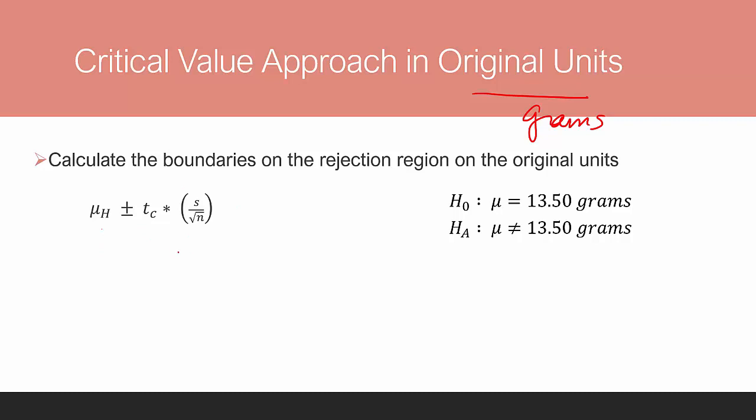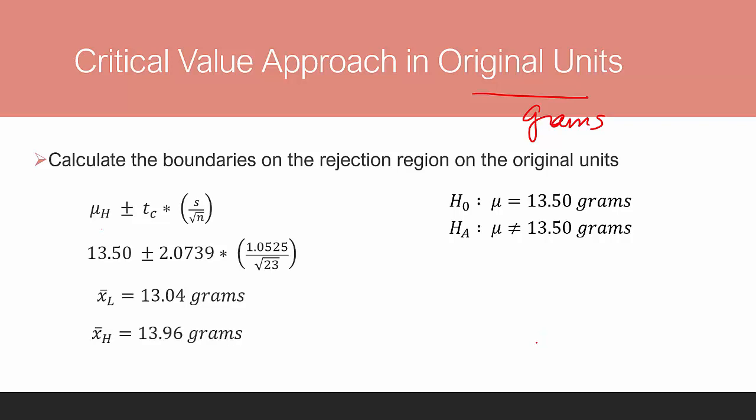But I'm going to calculate a range of values inside which our sample value should be if our machine is operating properly. If the sample weight is outside of this range, we would say the machine needs adjusted. So for this case, our hypothesized mean is 13.5 plus or minus this critical value of 2.0739 times the standard deviation of that sample, 1.0525, divided by the square root of 23, which was our sample size. If we simplify this, we get an x bar low of 13.04 grams and an x bar high of 13.96